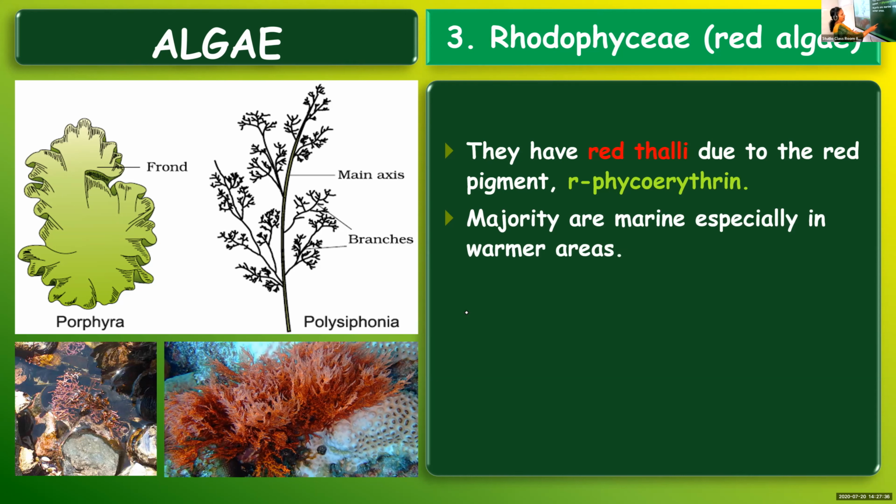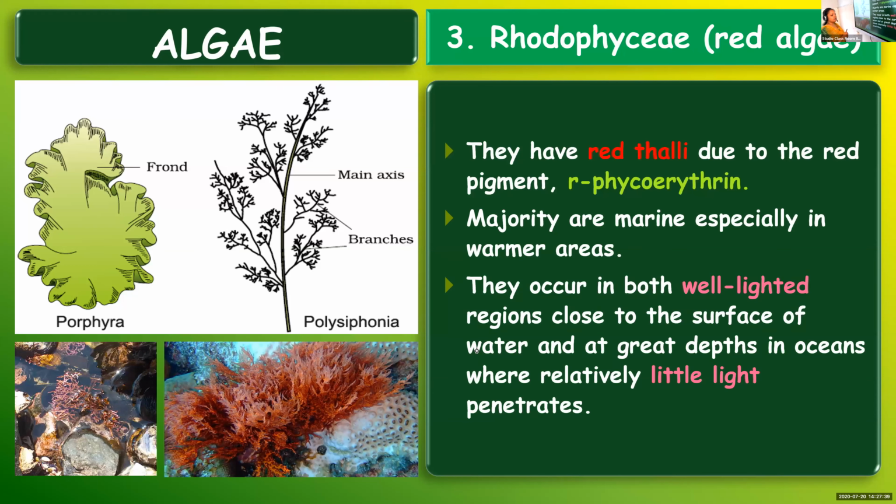They prefer warmer areas. Then the speciality is that since these are aquatic, they can be found even in well lighted regions close to the surface and even in deeper areas. So there are some plants living close to the lower layers or close to the floor of the sea or oceans. You know that the light can penetrate only up to a limited region. Based on the light penetration, you can divide our ocean into different layers like aphotic zone, photic zone, benthic zone, all that you will learn later.